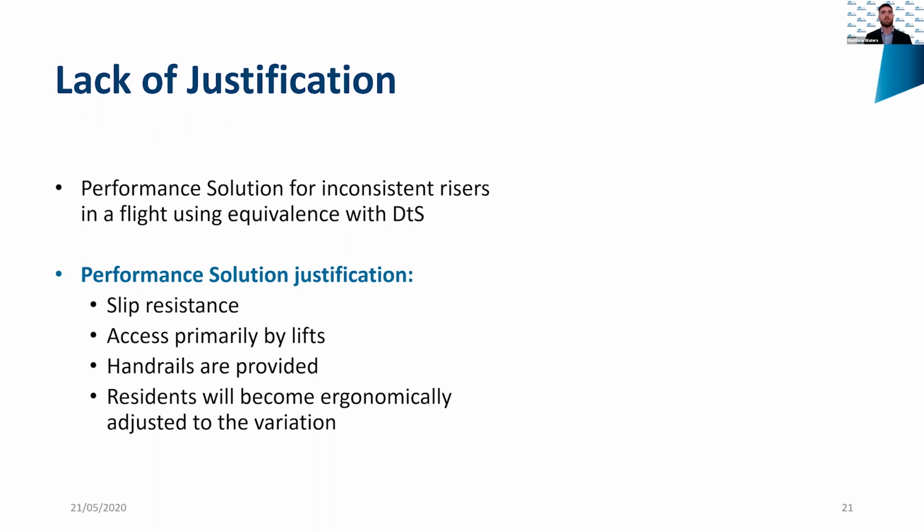There was really potential to use expert judgment, and this could have gone into things like journal articles or similar that considered things like proprioception, which is the body's ability to sense its location and its movements and actions. And it could have really established whether this would have an impact in this particular situation. So we could have compared it against a deemed to satisfy compliant inconsistent risers and then done a comparison with